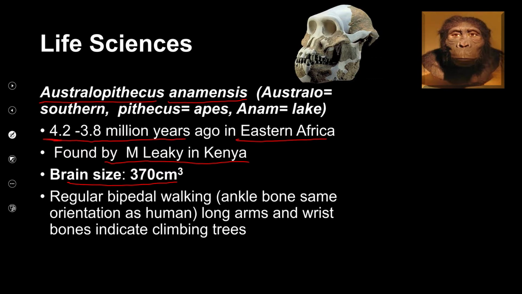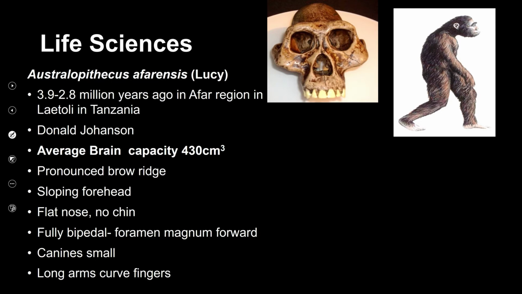So you can see again their cranium gets quite flat. So that is an indication that they had a small brain. They also were bipedal, so they walked upright. Their ankle bone is pretty similar to that of humans, but they had long arms, and wrist bones indicate that they still used to climb in trees. Right, then the next